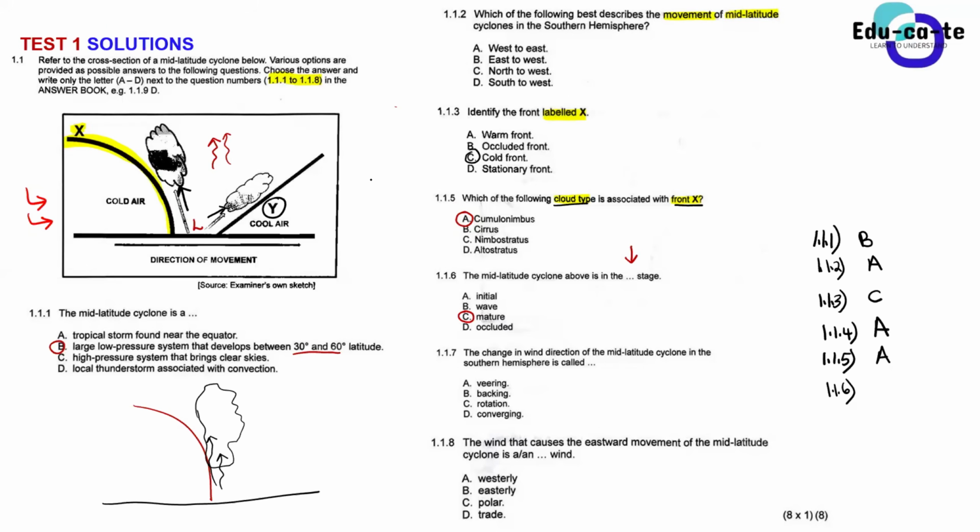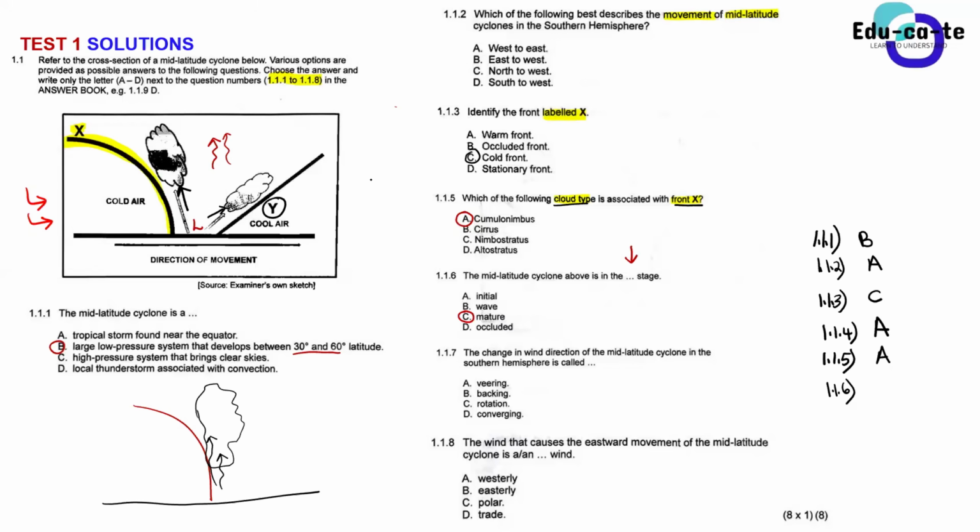Sir, at the wave stage there is a presence of warm sector and cold sector, sir. Okay, when we're at the wave stage, or the development stage, we don't consider any warm sector or cold sector. Yes, I can hear you, Trevor. We can only have the cold sector and the warm sector once we have a cold front and a warm front.